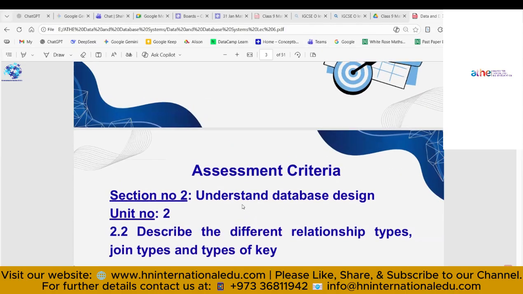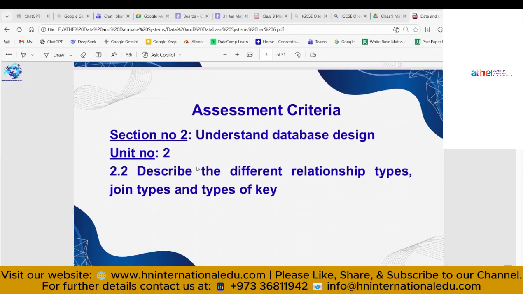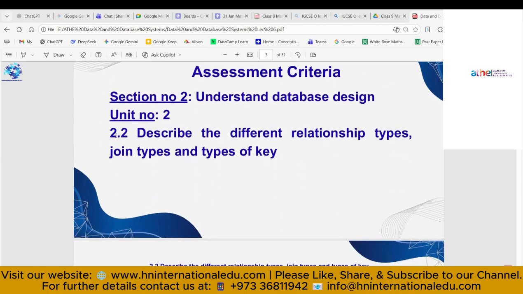In the last lecture, we discussed the assignment as well, and we also discussed something related to the database design basically, and completed 2.0. So in this lecture today, we are going to see some relationship types in database design, some join types and types of key. Whenever we are designing the database, and you're using a database management system using any language like